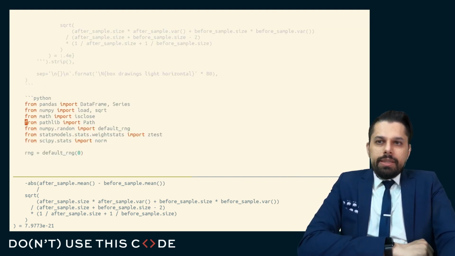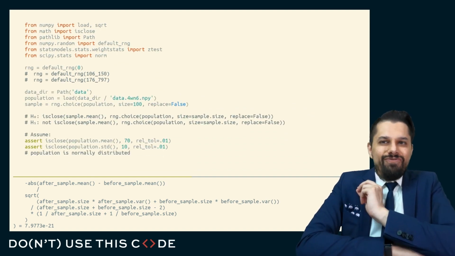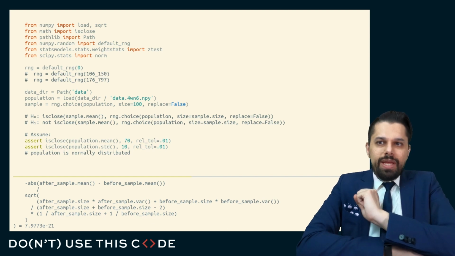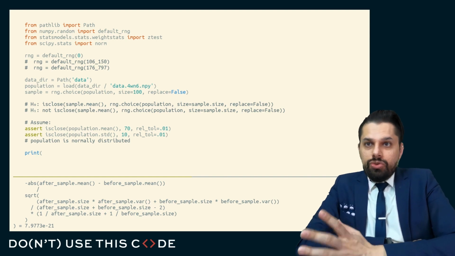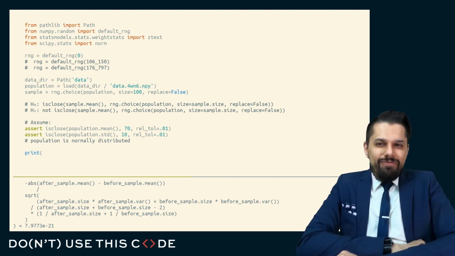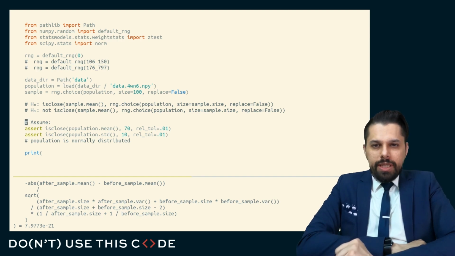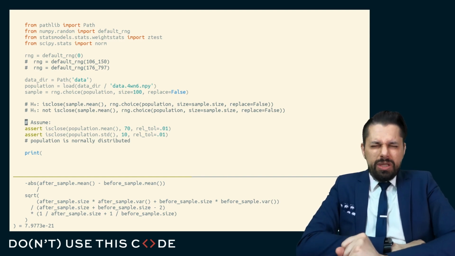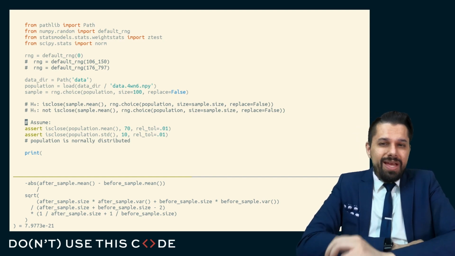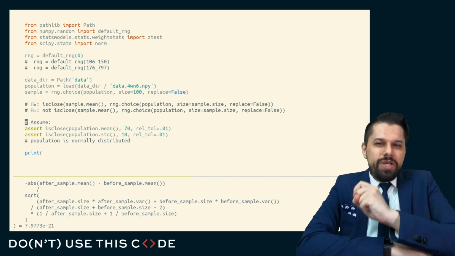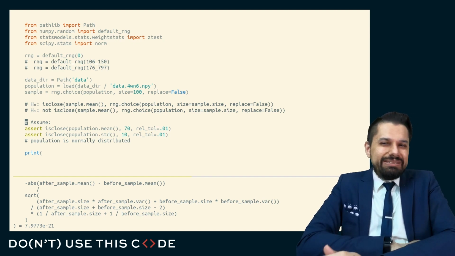Now, let us talk about what happens if we have a very small sample, and how does that affect our ability to perform these tests? If we have a very small sample, this little trick that stats models did, where it says, I can't tell you what the population standard deviation is because I don't know anything about the population, I'm only looking at the sample, but I can get close to it with my standard deviation with that Bessel's correction, that's no longer going to be that accurate because